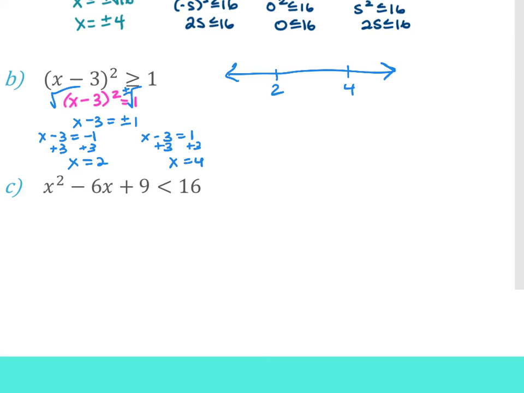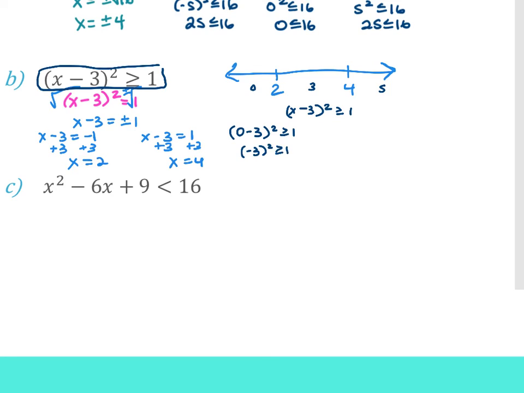I'm going to plug in something from the left of 2, like 0, in between 2 and 4, like 3, and bigger than 4, like 5. I'm going to plug it back into the original one, which is x minus 3 squared is greater than or equal to 1. So 0 minus 3 squared greater than or equal to 1. Negative 3 squared greater than or equal to 1. 9 is greater than or equal to 1. So this section works. Which means I assume the 3 is going to fail. 0 squared is not greater than or equal to 1. So the 3 does not work. And the 5